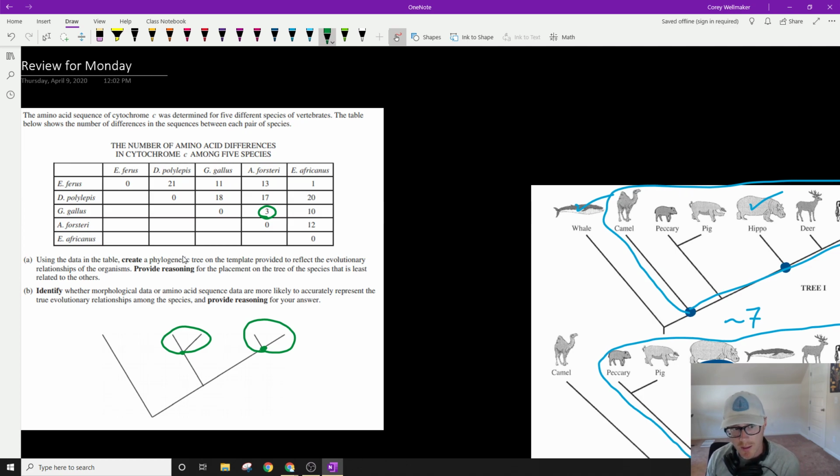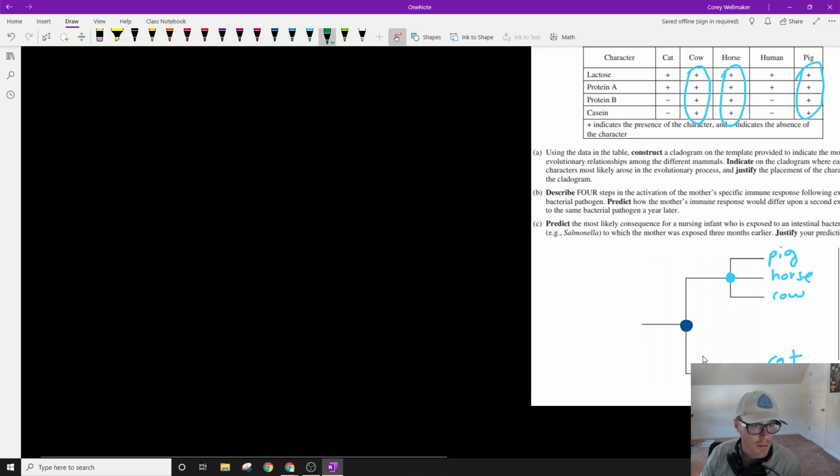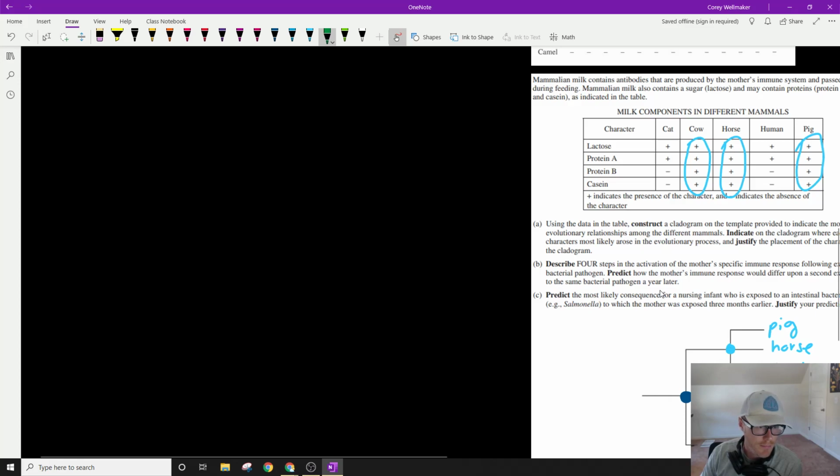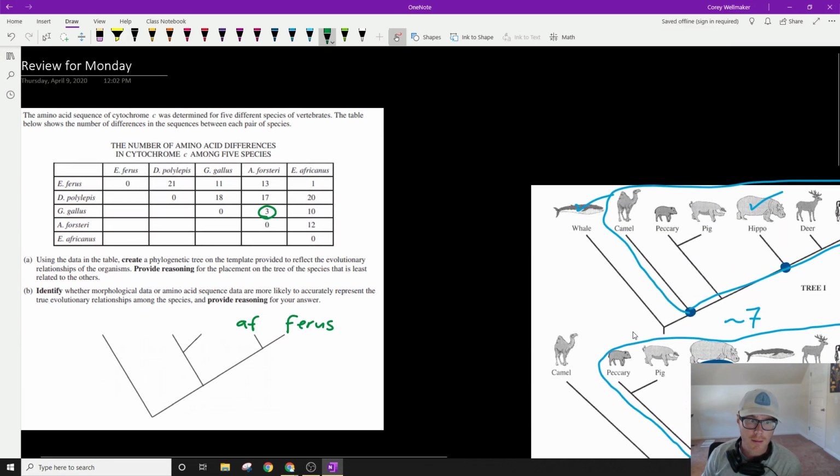Now, does it matter where I put which one? If I want to put Africanus and Ferus, making your own cladogram from the chart. Like this chart right here, or this chart right here? The whale hippo one or the milk one? So for this one, I put Africanus here and I put Ferus here,